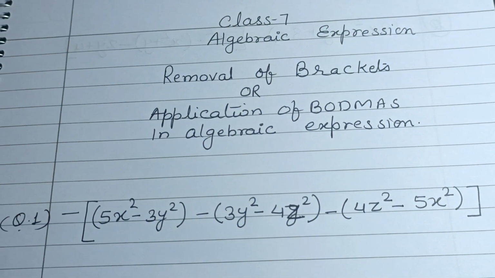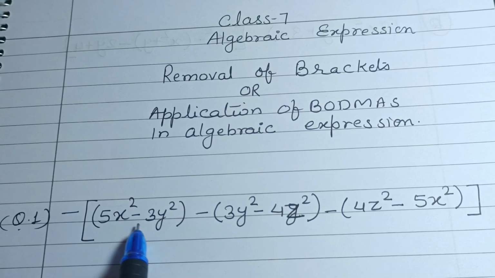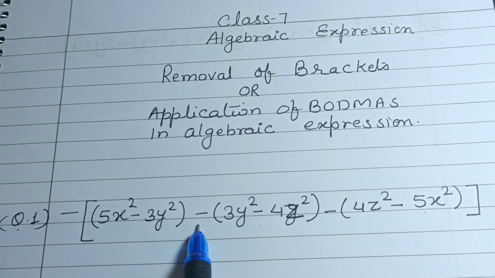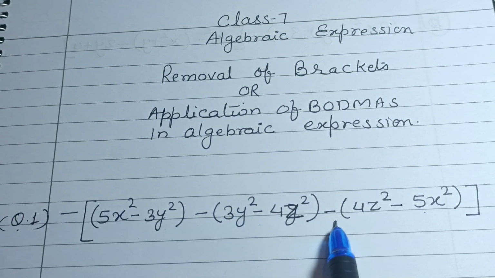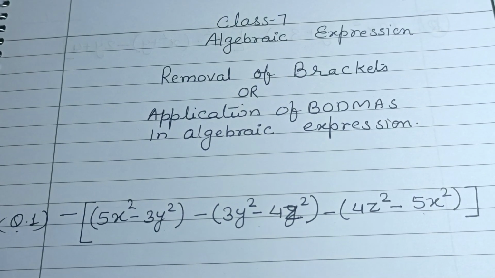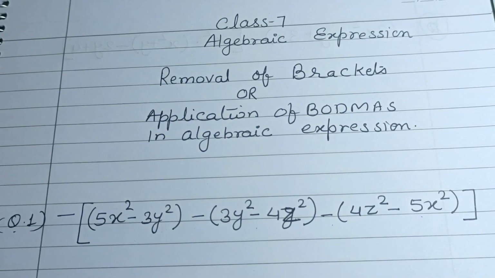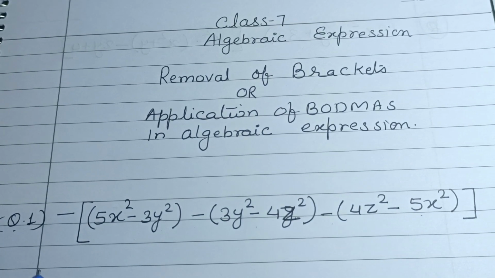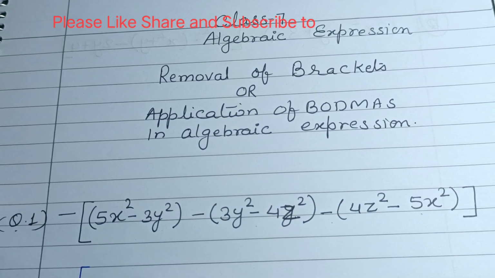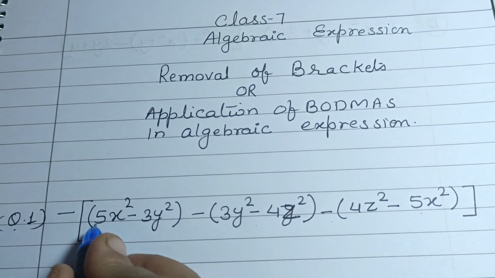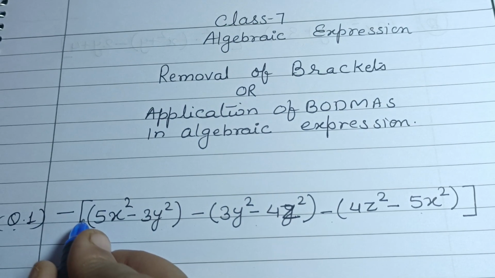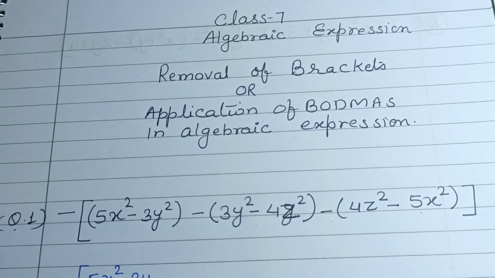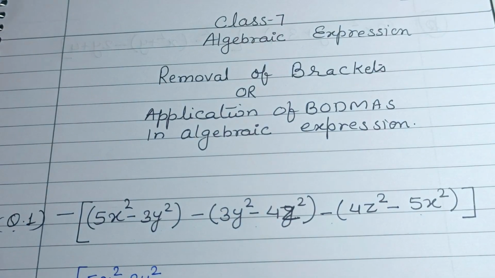Here we can see this is the first expression, second expression and third expression, which are connected to each other with the subtraction sign. So here we need to keep the rules of integers in mind, as well as the rules of like terms addition. The very first thing, we need to open the small bracket. Before this particular small bracket there is no sign, so it will open without any sign change, because when there is no sign we consider it as the plus sign.